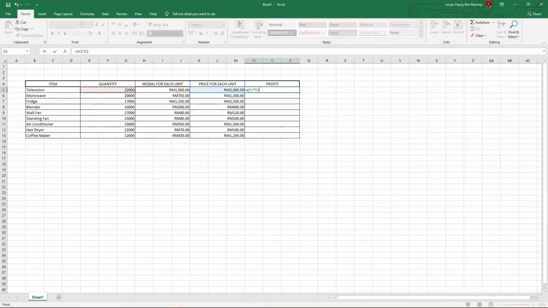So click on quantity and close bracket, and minus, open bracket, modal for each unit, and then multiply by quantity again. So close bracket, and then it will show you